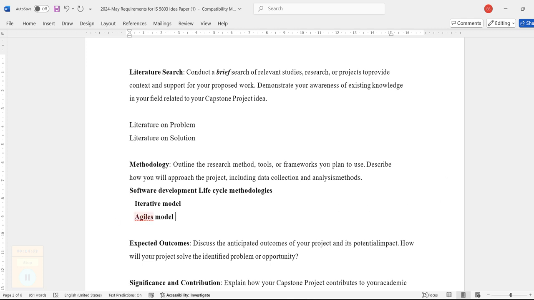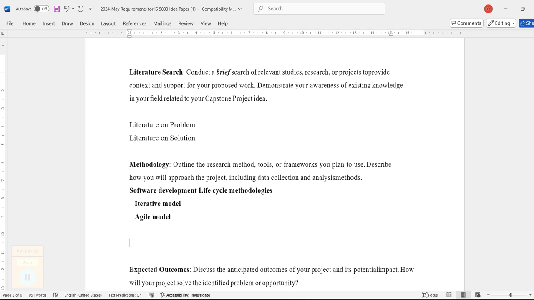By doing agile SDLC, where SDLC means software development life cycle, or the iterative model of the software development life cycle, you can discuss some important phases. So select any one among these two and write about the different phases. If you take agile, write agile related SDLC phases; if you take the iterative model, write iterative model related SDLC phases.